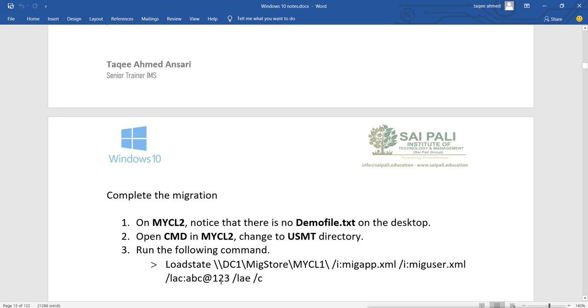It will get the information, it will take the backup of users. That means whatever users we have, it will take the backup of all the users, but it will not store the password for those users. So when you restore the users' information, the users will come, but they will not have a password. So you have to mention the password for those users also, which you restore. For doing that, we use this option /LAC, and you will mention the password for those users, and then you will mention this option to enable those users.